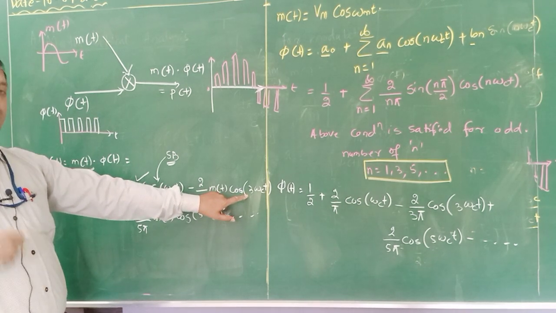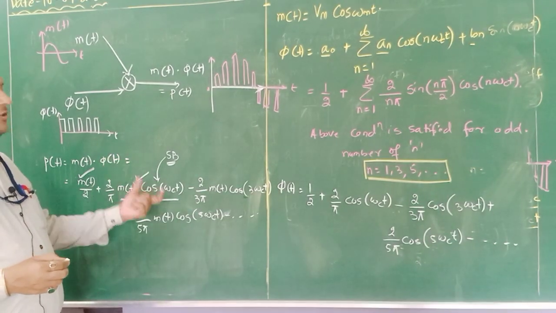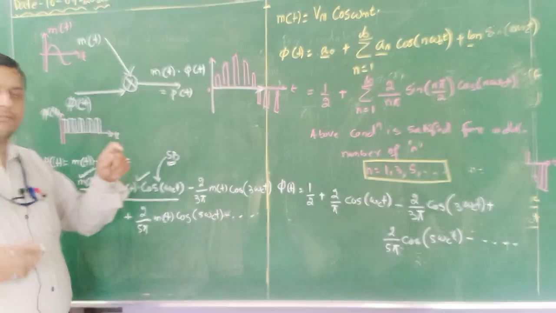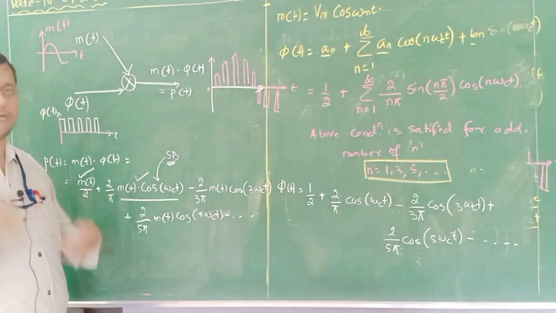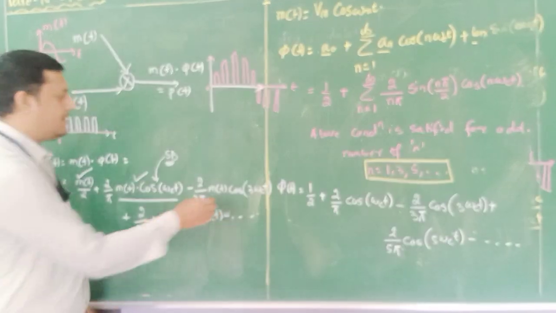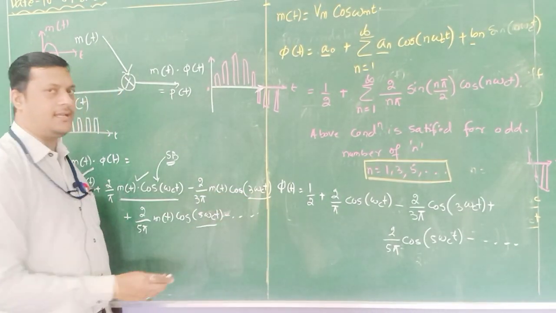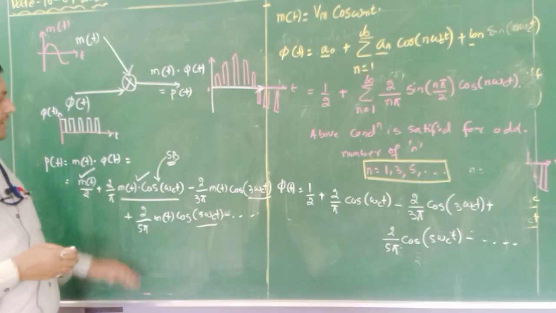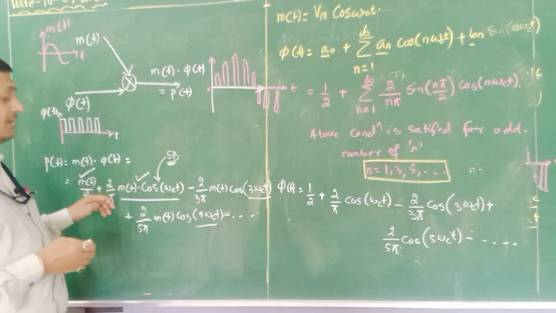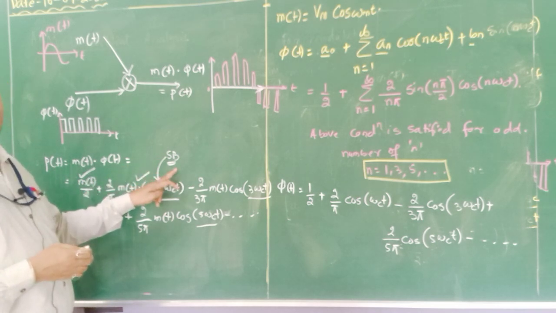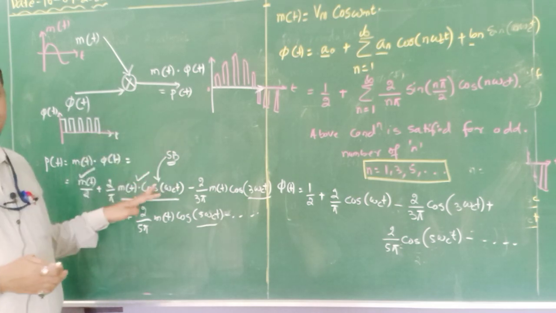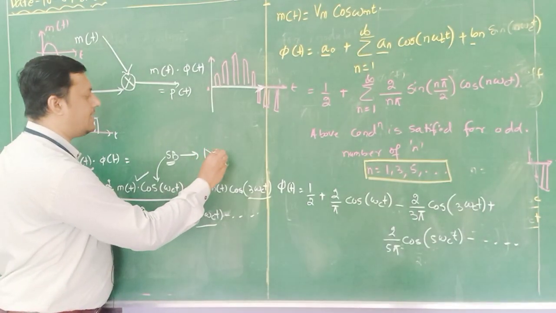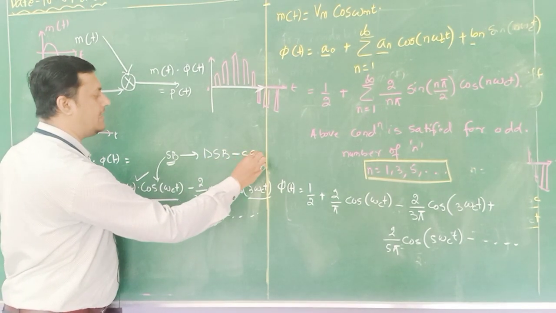So when we are going to transmit the signal, we need to pass it through a band pass filter, and the band pass filter is tuned to the carrier frequency as well as to its sideband, not to the higher frequency components. These higher frequency components, 3 omega c and 5 omega c, will be suppressed by the band pass filter. So here we have obtained the modulating signal as well as the sideband signal. If we are getting only the sideband signal, double sideband, that means it is double sideband suppressed carrier.